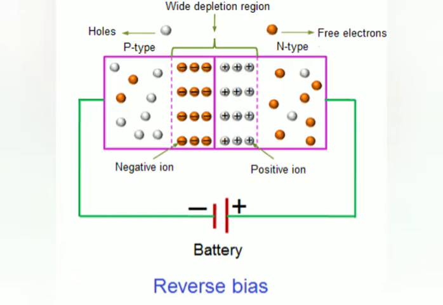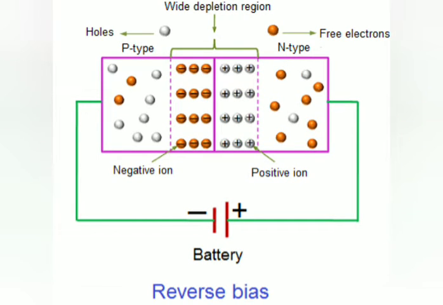Now in the n-type region, as we know, the electrons are negative in nature because they are negatively charged, while the positive end of the battery is positive. So the electrons are attracted towards the positive end of the battery, due to which the electrons tend to move away from the junction, and in the p side the holes tend to move away from the junction as well,